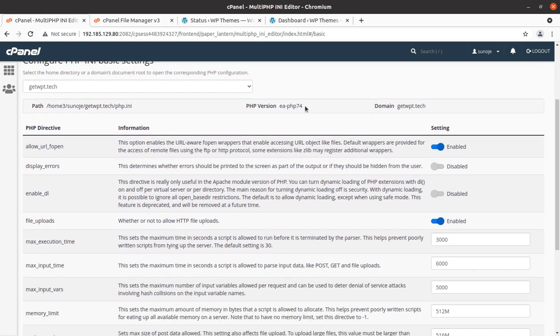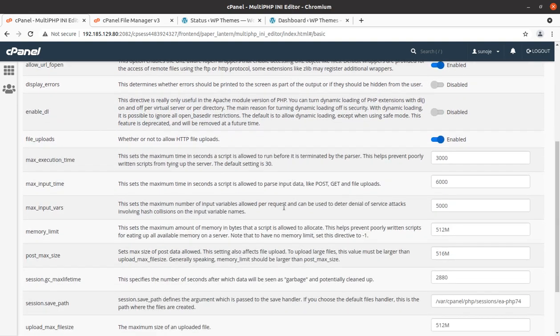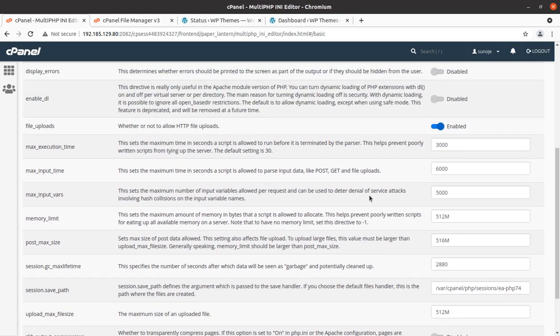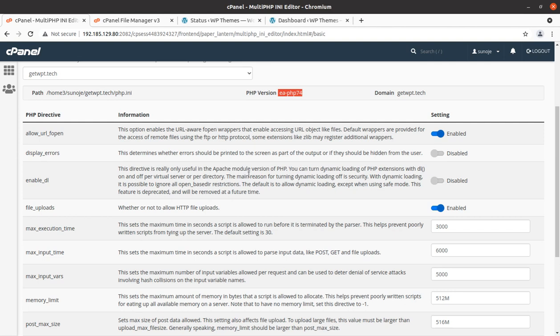This is the optimum setting which we can do from the PHP INI screen, and it is very important and recommended. It is in fact necessary to use the latest version of PHP, and as of now the latest version of PHP is 7.4, so PHP 7.4 should be set for your website. These settings are going to give you optimum performance for your website. And yes, you might be thinking you don't have cPanel access, so how can you set these credentials?